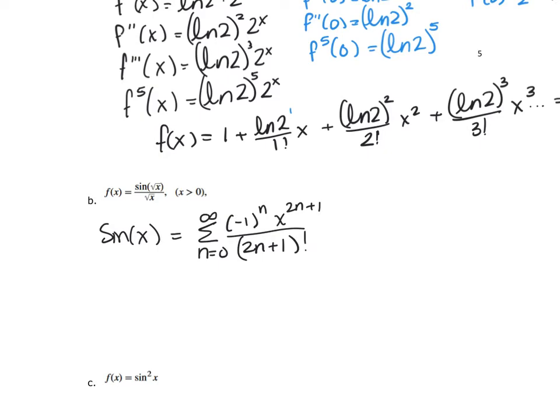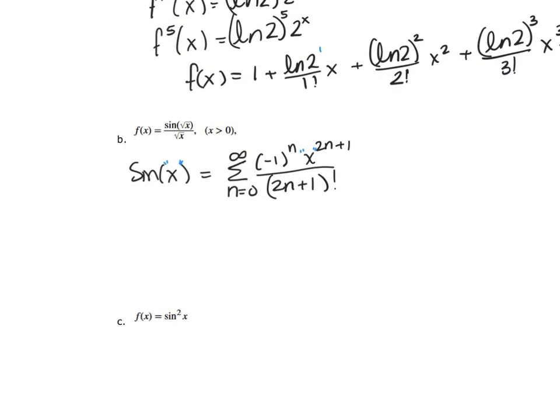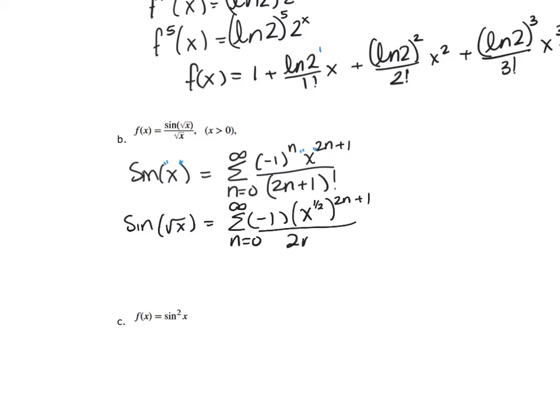Now this is when I have quote x, and I like to say quote x, so this is quote x. What happens if I have something other than x? Suppose I have the sine of the square root of x. That's my quote x. So then this becomes the summation of n equals 0 to infinity of -1 to the n, my x gets replaced with x to the 1/2, raised to the 2n plus 1, divided by 2n plus 1 factorial,